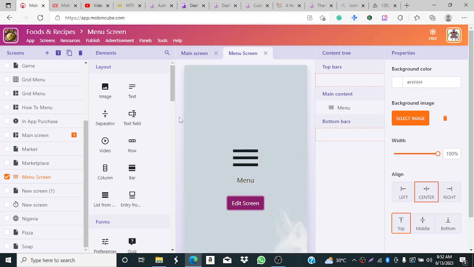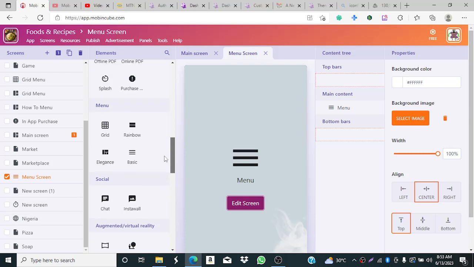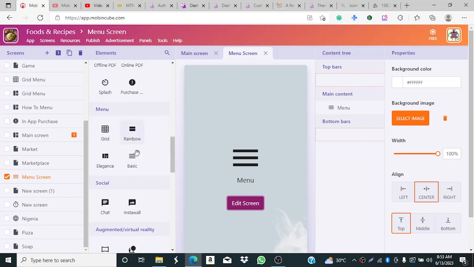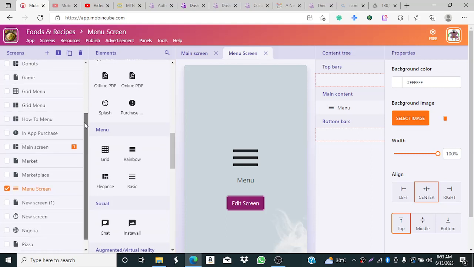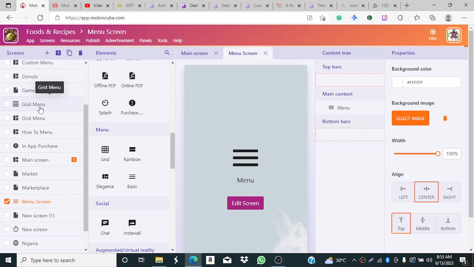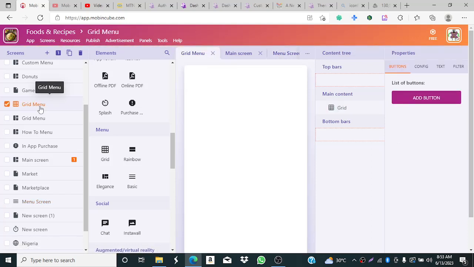And additionally, let me teach you how to do the grid menu. The grid menu, there is custom grid, and there is another one called add-on grid. This is add-on grid menu here. So I will like to show you the one I've created already, so that you can see it and know how I did that. This is the add-on grid,